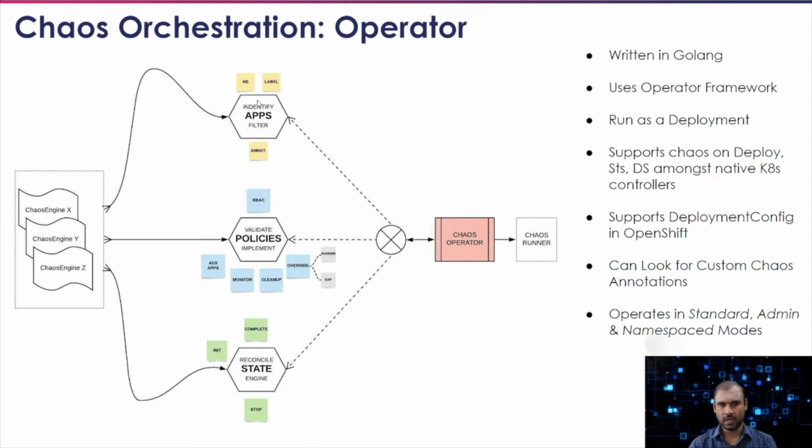It does so with the help of the app namespace and app label that is defined as part of the engine. Once it identifies this application, it goes ahead and checks whether these applications actually lend themselves to chaos. Are they annotated for chaos? This happens when your annotation check is true, which is default, by the way. So the first function that the operator performs is identification and filtering of apps upon which you are going to do chaos. The next step is to validate the run properties or the policies that have been mentioned as part